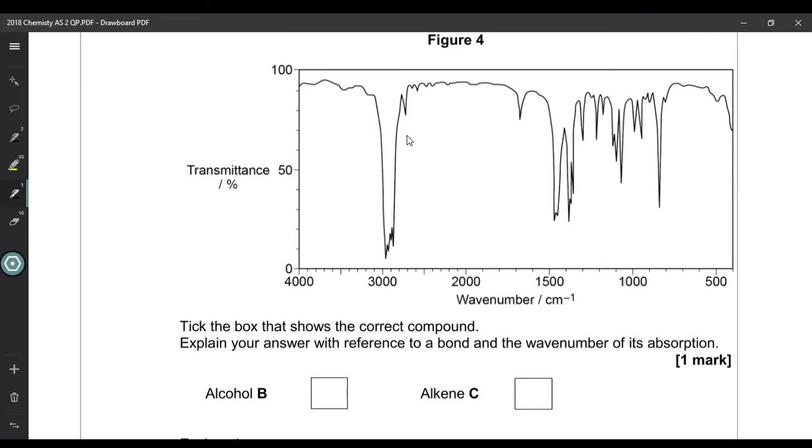And in this case, we can see the double bond between carbons because we'd expect a peak between 1620 and 1680, which we've got. But if we add the OH group from the alcohol, we'd expect a peak between the 3230 and the 3550, which we haven't got. So our answer is going to be alkene C,